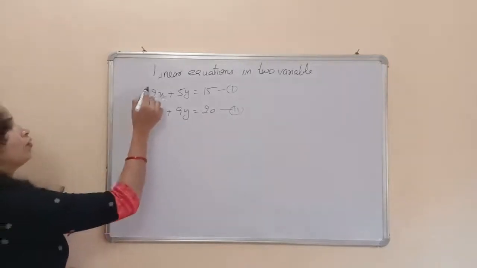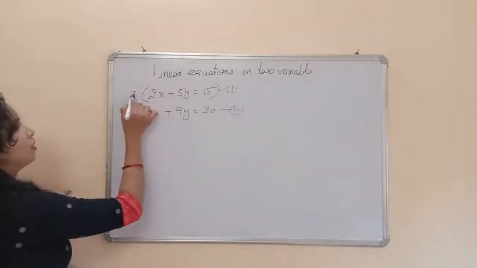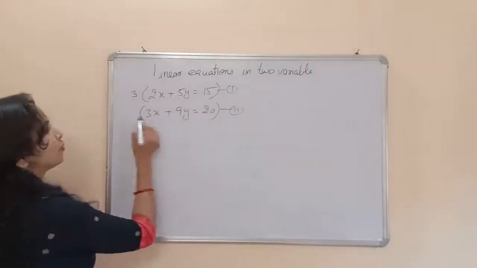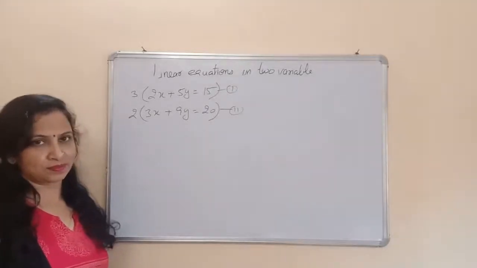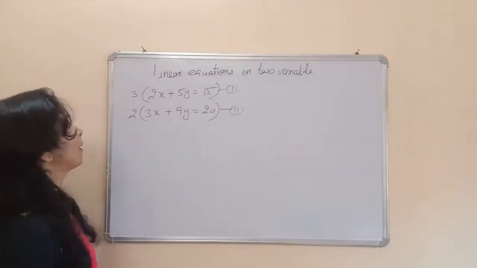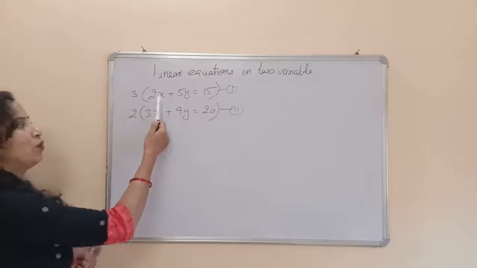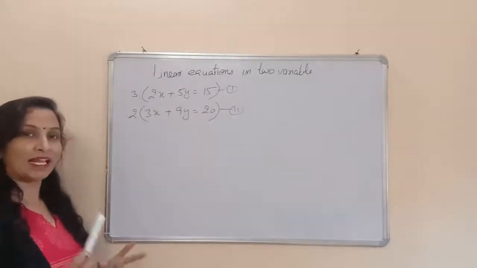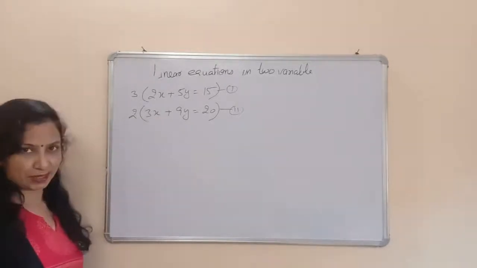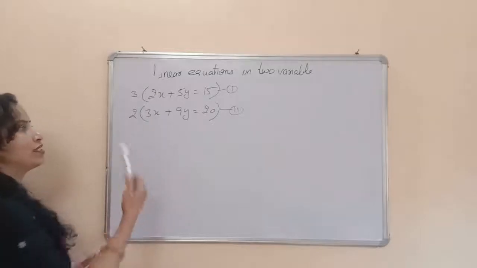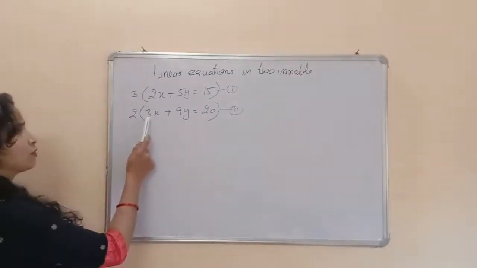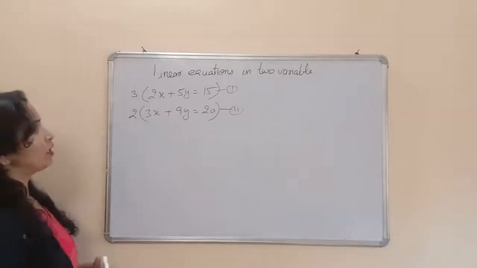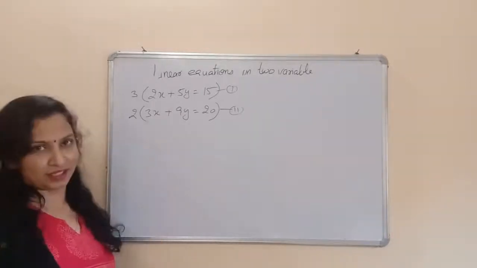We will multiply the whole first equation by 3 and the whole second equation by 2 to make the constant of x equal. फिर से बताती हूँ आपको, आप चाहते हो किसी भी एक को इक्वल करना, x को या y को, तो पहले लेके चलते हैं. सपोज हम x को इक्वल करना चाहते हैं, तो आपको पता है 2 और 3 का एलसीएम 6 है. आप इसको 6 बना सकते हो 3 से मल्टीप्लाई करके, इसको 6 बना सकते हो 2 से मल्टीप्लाई करके. तो आपने क्या करना है, होल इक्वेशन को मल्टीप्लाई कर देना.